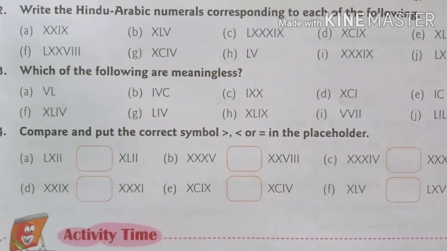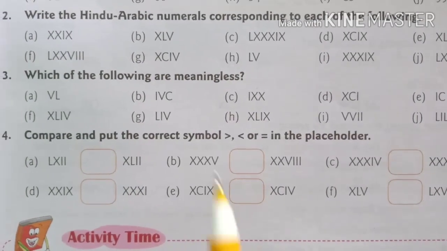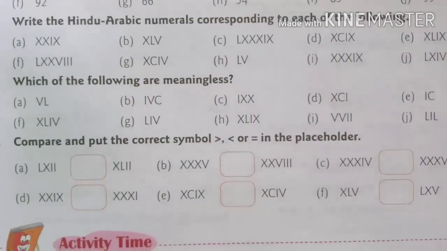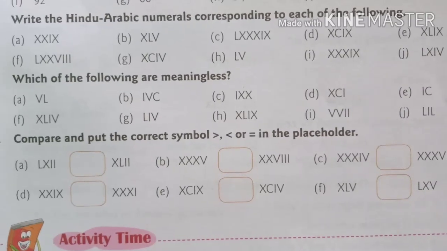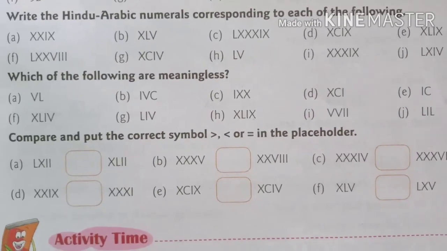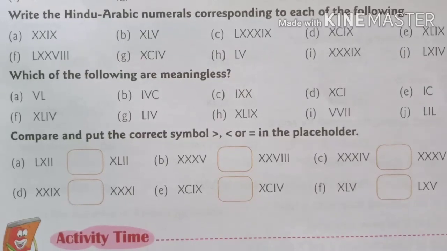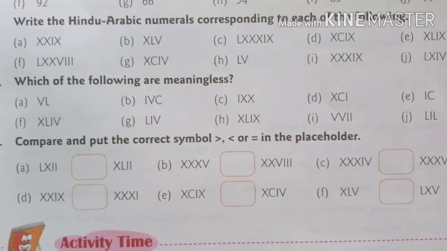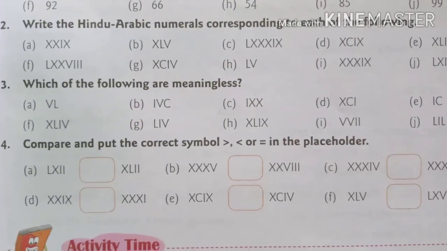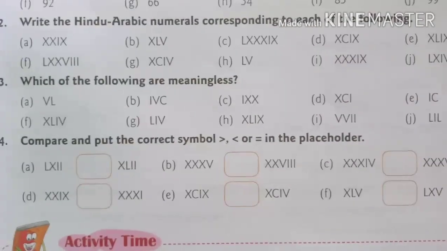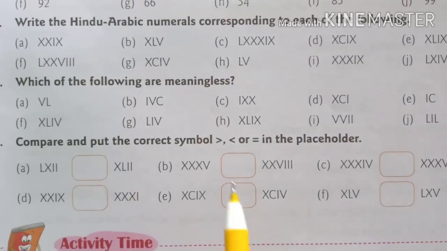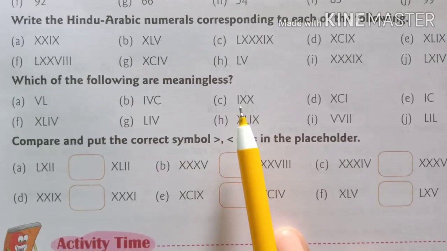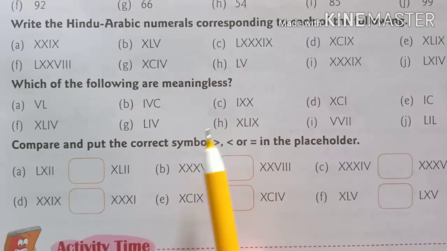Which of the following are meaningless? So here you have to keep in your mind those restrictions that are necessary to keep in mind when we form Roman numerals. So according to those restrictions we can judge here what is meaningful and what is meaningless. Okay,